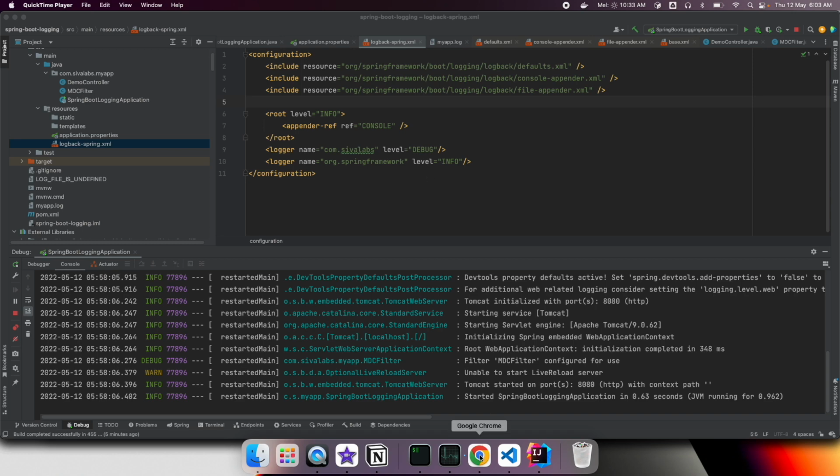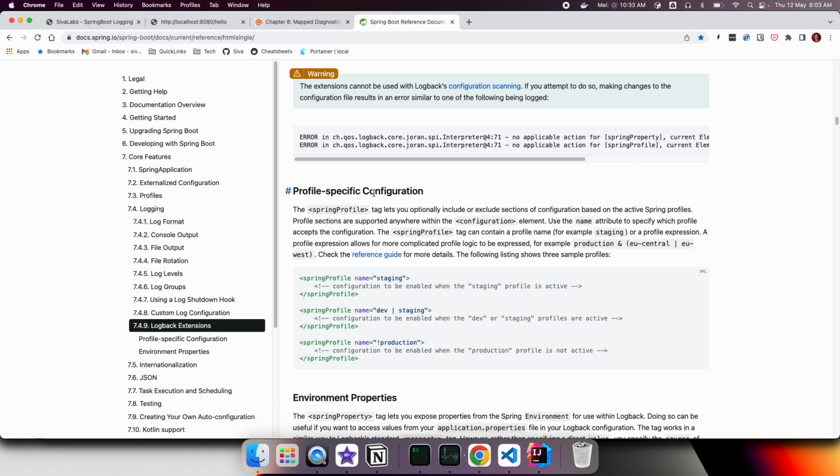Let us check in the official documentation how we can use profile specific configuration. If you go to Spring Boot docs, under core features there is logging, under which there is logback extensions section. So here you can see we can use this springProfile name property to customize what configuration you want to enable if we are running with staging profile. And it's not just a single profile. We can also check whether it is dev profile or staging. And if it is not production, that means any profile apart from production, enable this. So let us take this,